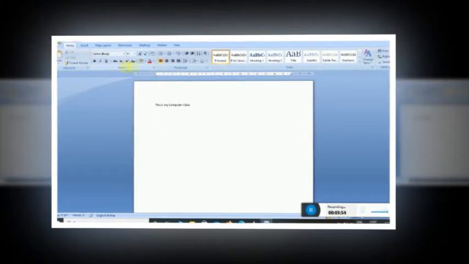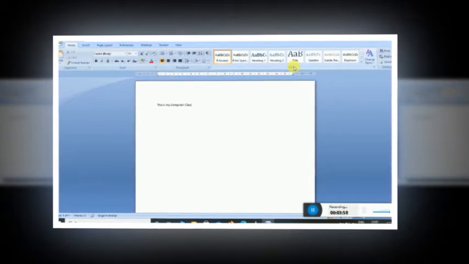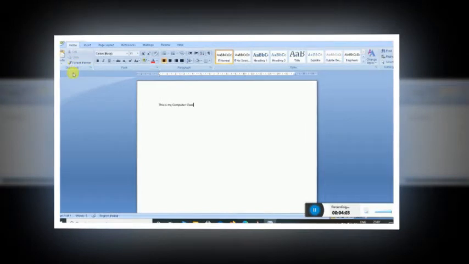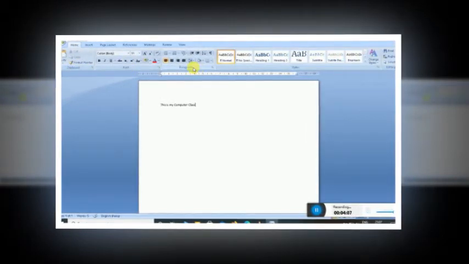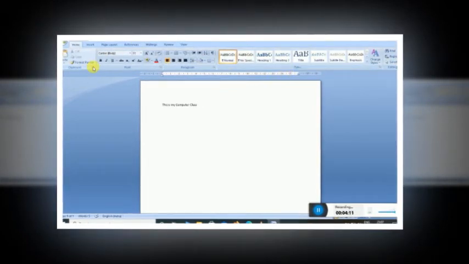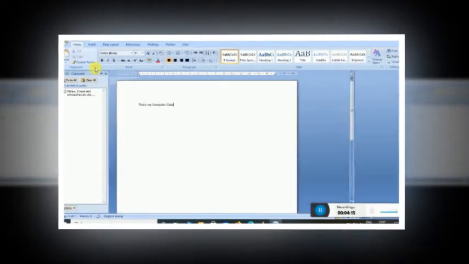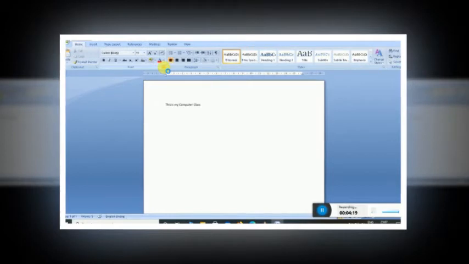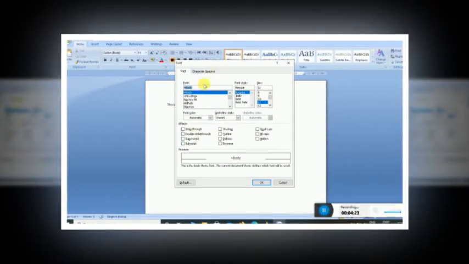Now next is the dialog box launcher. This is known as the dialog box launcher, which gives you many options, just like first the clipboard, next one is font, next one is paragraph, and next one is style. When you click on this, it opens a dialog box. Here you can change the font style, font size.